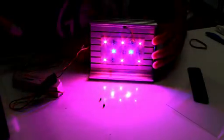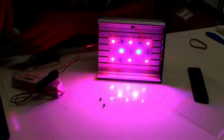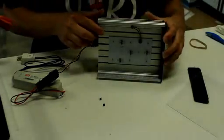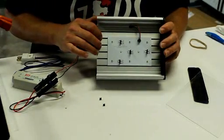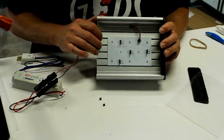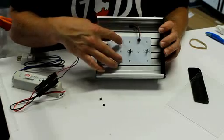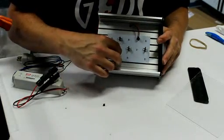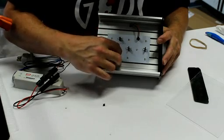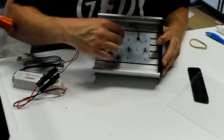As you can see, it does put out quite a bit of light. If you're right next to the thing where your screen is, that's a lot of intensity. So the key here is that you don't need to run the high intensity setting unless you have a lot of growth and you've extended your photo period out to, say, 20 hours or 22 hours, and you still don't have enough filtration. When you jump these up to the high intensity setting from the default setting, which is the low intensity, you will need to reduce your photo period a little bit, most likely,